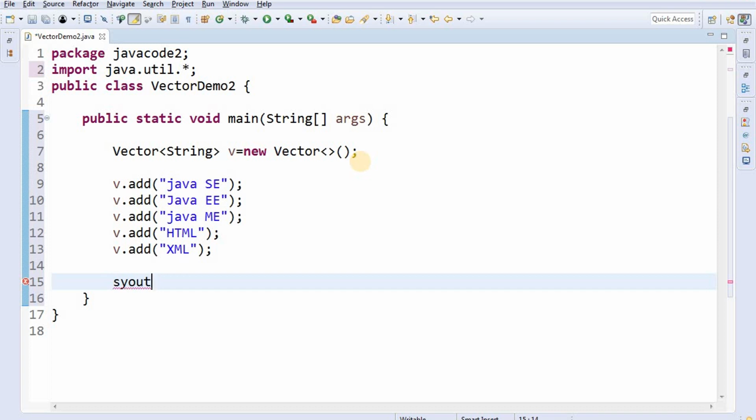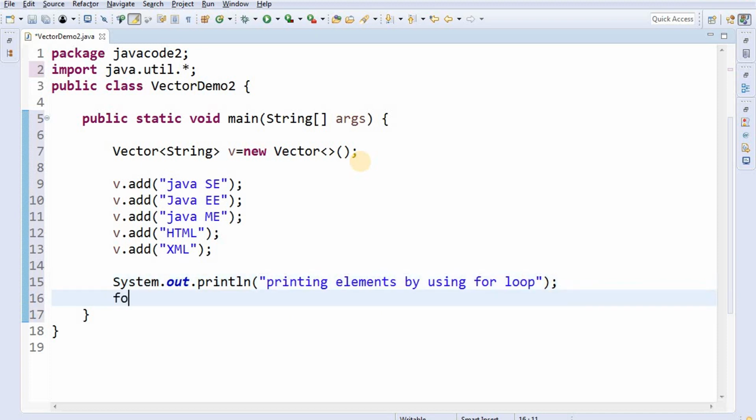Type sysout, Ctrl+Space, to get System.out.println. In this one I am printing elements by using for loop.